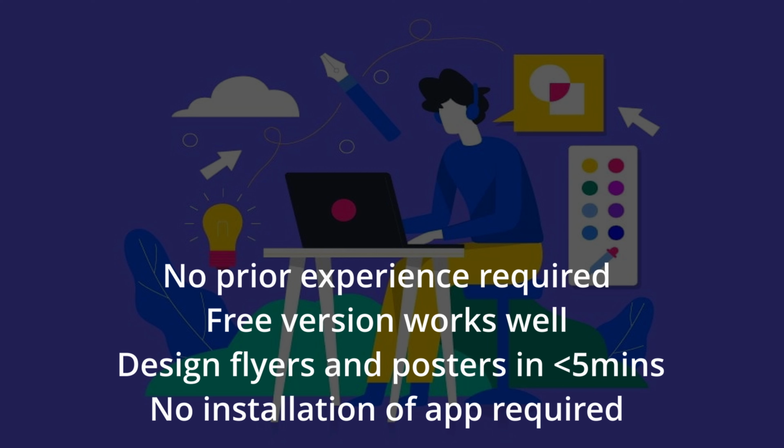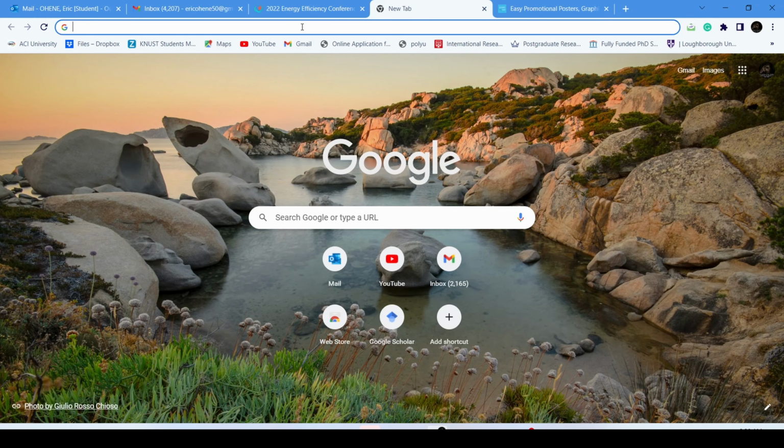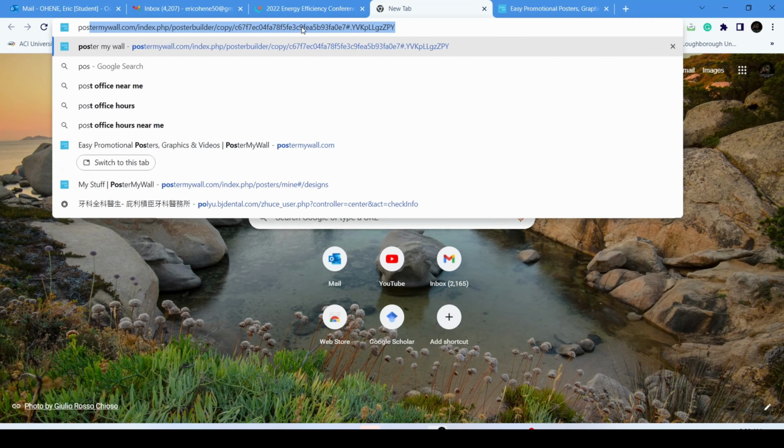want to design. You can convert templates into your preferred design or start a new design with templates. No installation of apps required. So, if you are interested, let's jump onto that PC and I'll show you how to use this web app. Right, so first of all, we have to open Google and search for Postermywall,